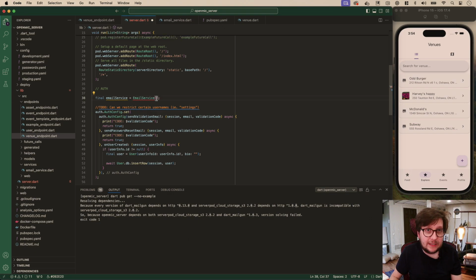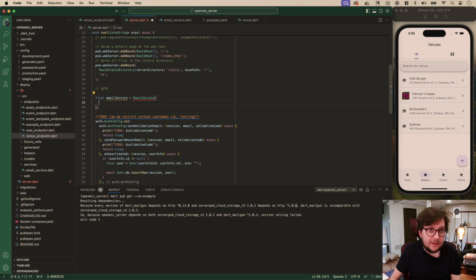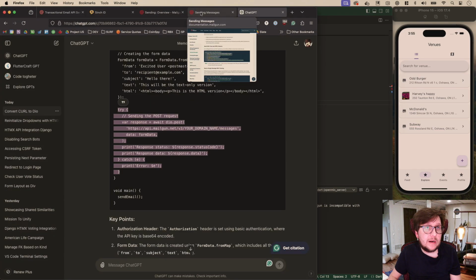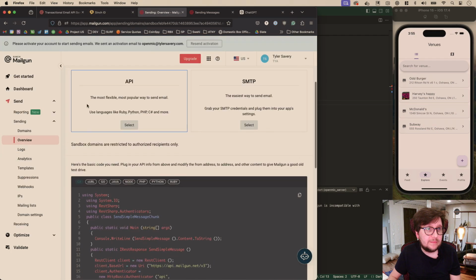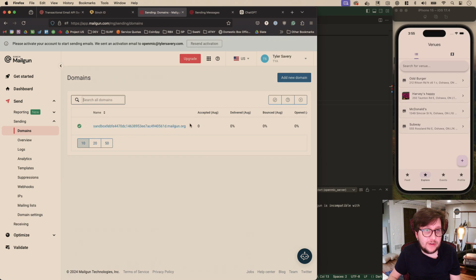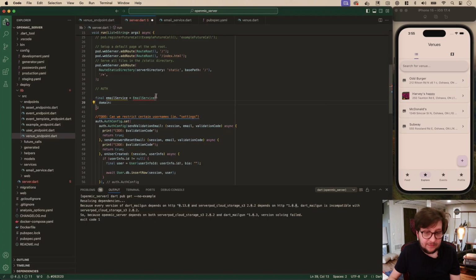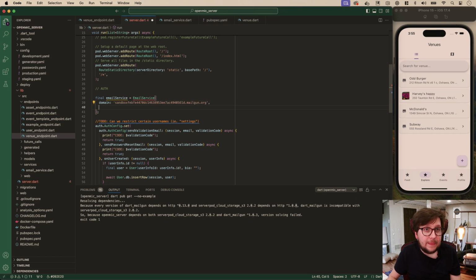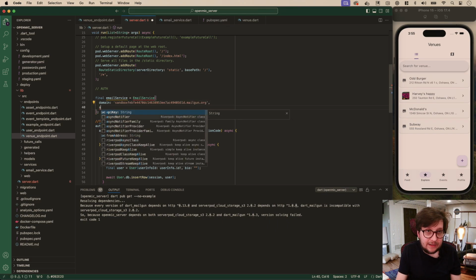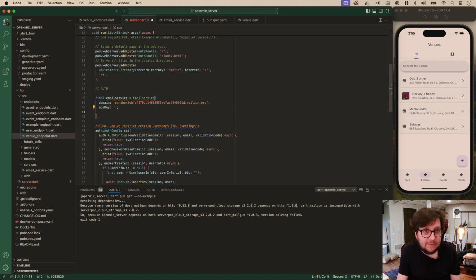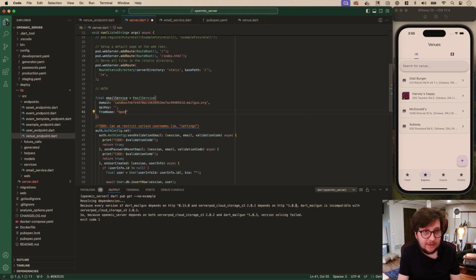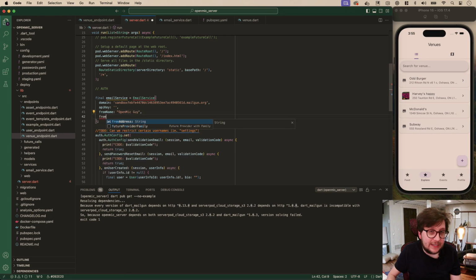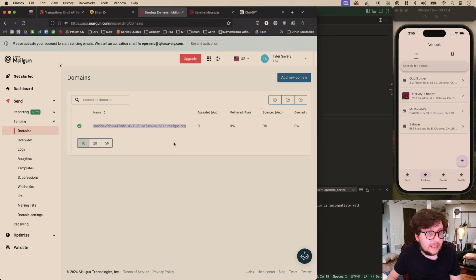So let's do that. We need a domain. The domain I can get from our SendGrid, or from here. So this is the domain for now. To a string. What's the next thing we need? I think it's the API key. I'll just do that for a minute. We have the from name, and we'll just call it open mic guy. And from address. Now for this, how do we, oh,